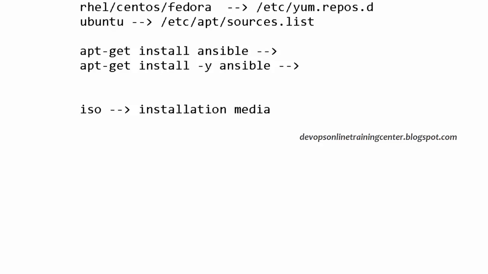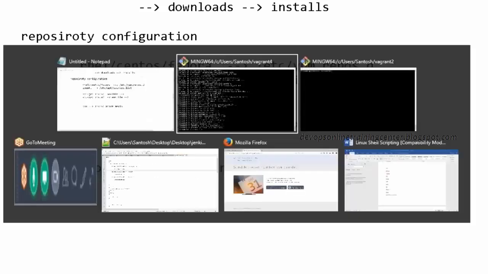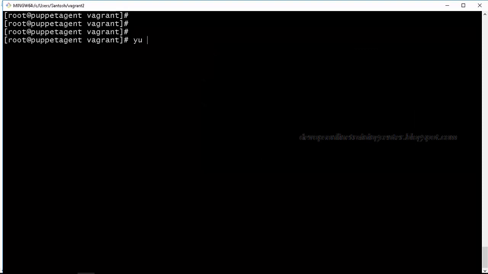Say you are under corporate firewall security and you cannot access the internet from the machine, but you still want to use apt-get or yum. In that case, we can configure the repository locally and install all the packages using the ISO. Or if you have an internet connection, then by default some repositories are configured, and using those we can install with apt-get or yum install.